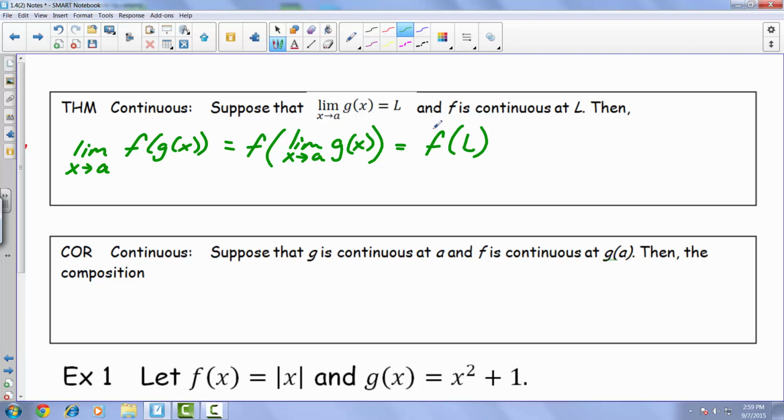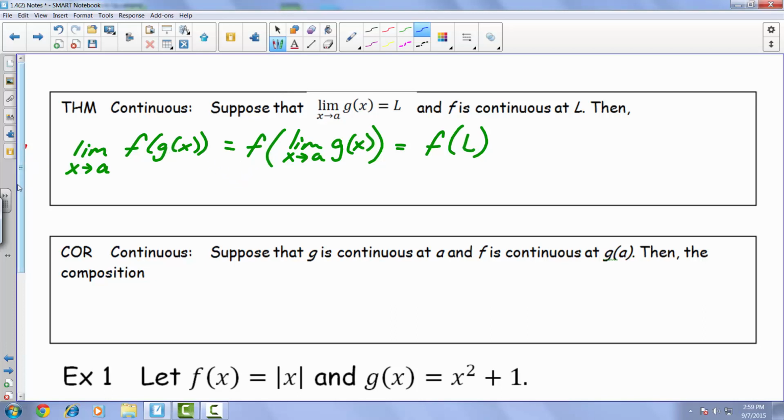Alright, so it's kind of like an analogy back to the nth roots, or the power property, when we were talking about operations with limits. So that's an analogy that you can use, just throw out that function on the outside of that limit. There is also a corollary that goes along with this, and it has to do